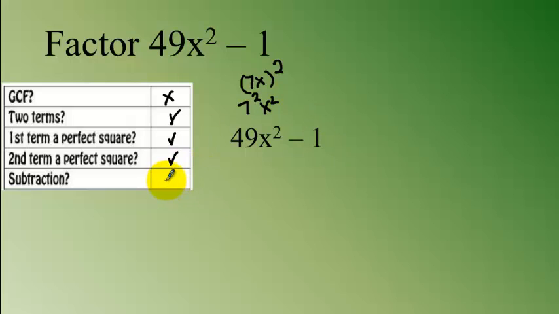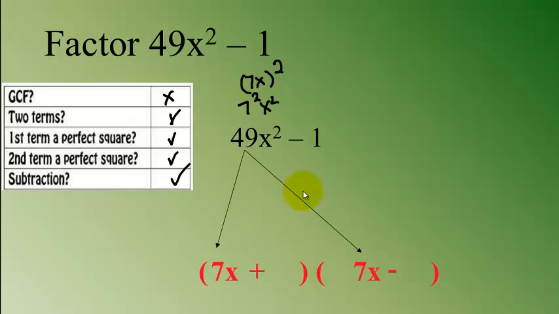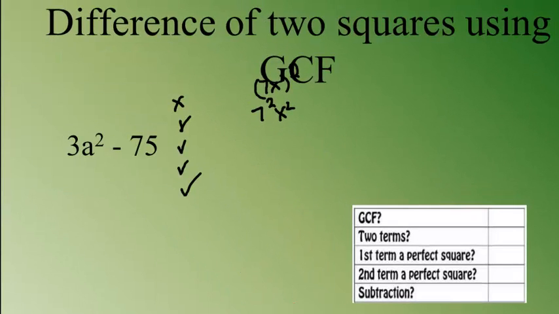Do we have a subtraction? Yes, we do. Okay, so the factors will look like this. The first term of each factor will be 7x, and the second term of each factor will be equal to 1. Okay, next example,